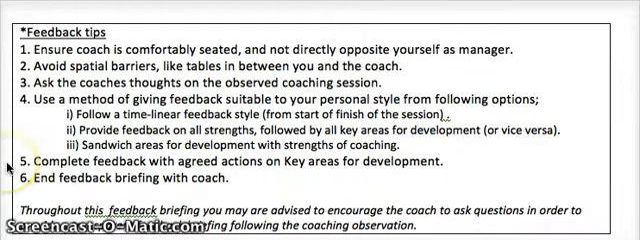And I'm purely highlighting here point 5, complete feedback with agreed actions on key areas for development, and that would probably be part of the following steps as part of the feedback process, to highlight what's going to happen next if the coach needs to develop on any areas. Maybe they need to go on a course, they might need a little bit of mentoring, they might just need to reflect more on the certain areas that are key areas for development and